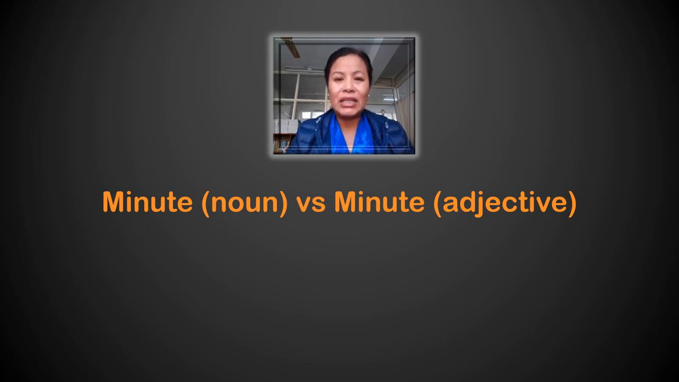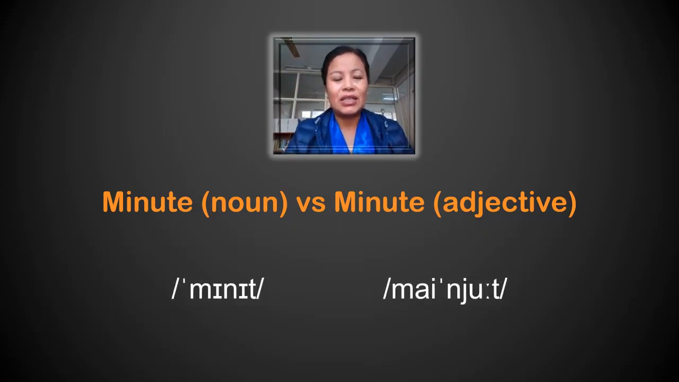So the first one, minute, which means we have 60 minutes in an hour, right? So this is used as a noun. So the same word, minute, can be also used to describe the record that we make in a meeting, like meeting minutes, right? So the second one is minute, very tiny, very small. So the pronunciation, minute versus minute, right? With same spelling but different pronunciation. Okay. The next word is